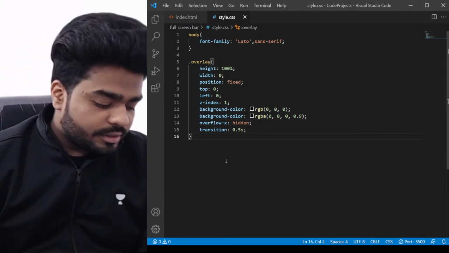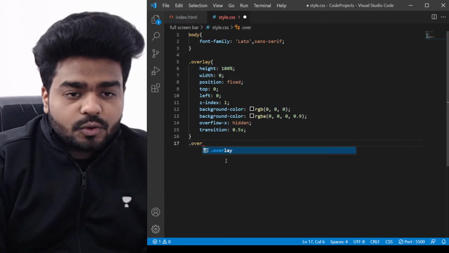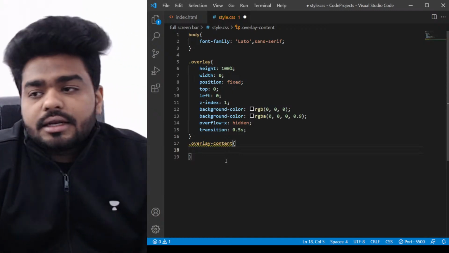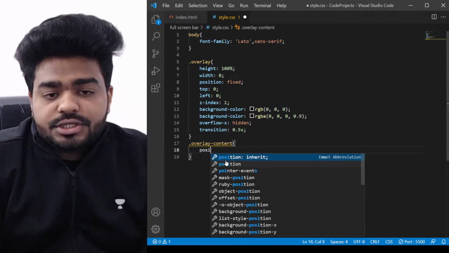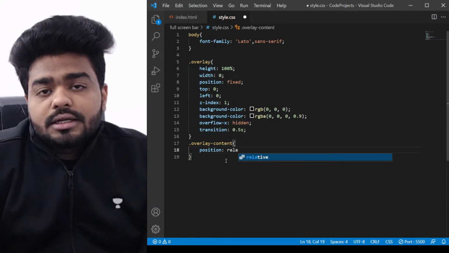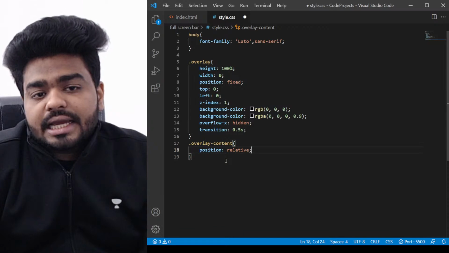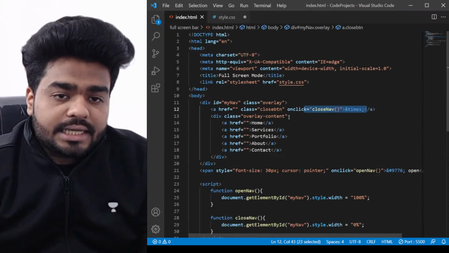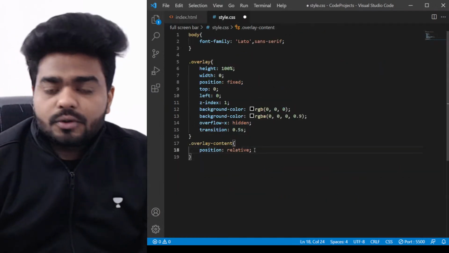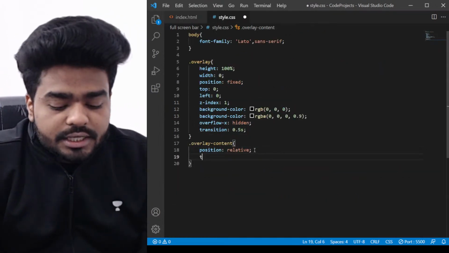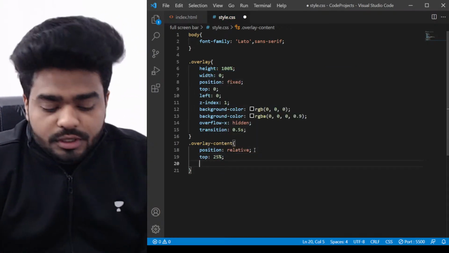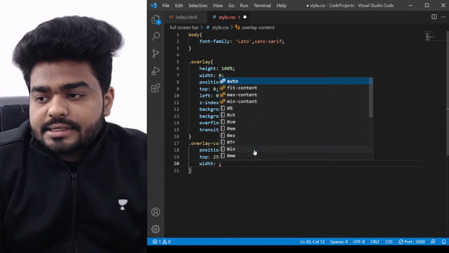So what I'm going to do here is write overlay, and for content we are going to put up overlay content, and I'm going to make it position relative. Why relative? Because we already have overlay, and relative will make sure that it's the parent element. You can see here that overlay content is the child and overlay is the parent. That's why I'm using relative here. Position relative. So I'm going to give here top, let's say 25%, and width, let's say 100%,